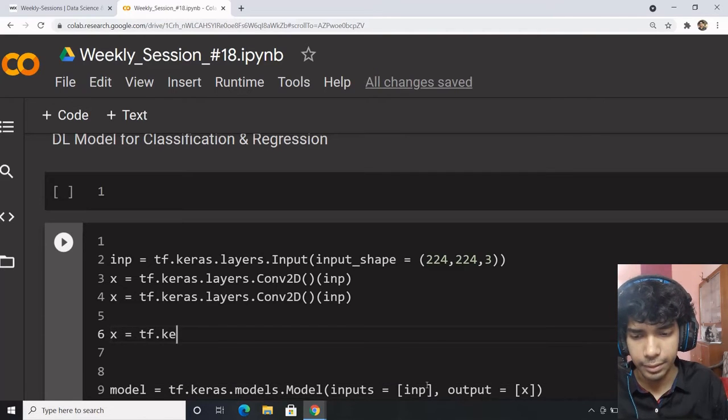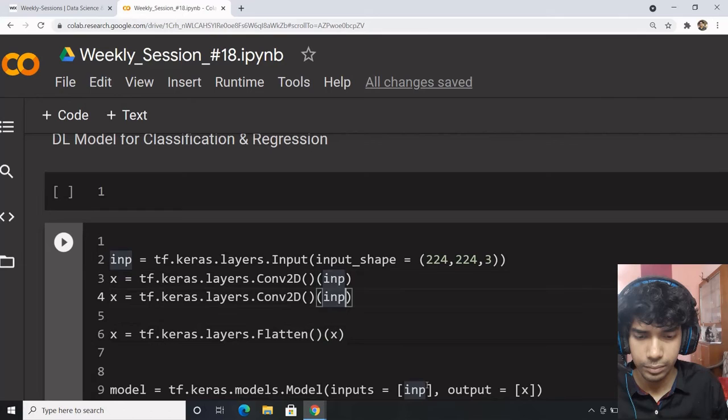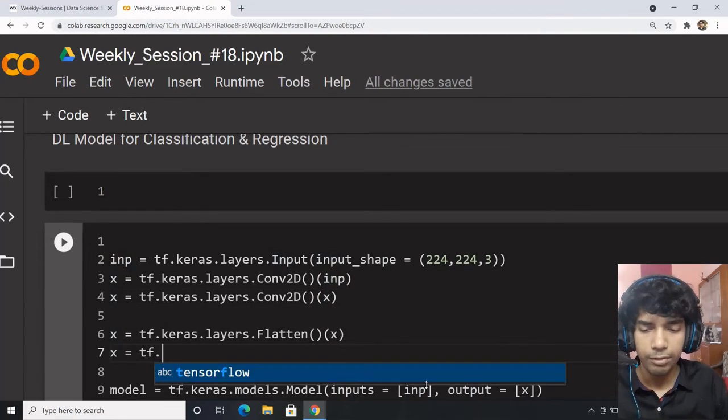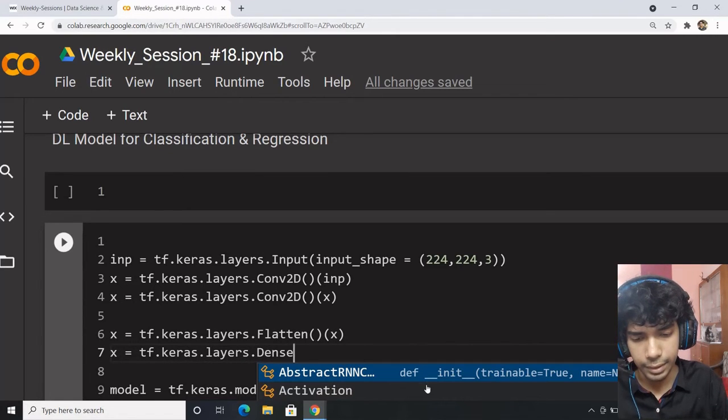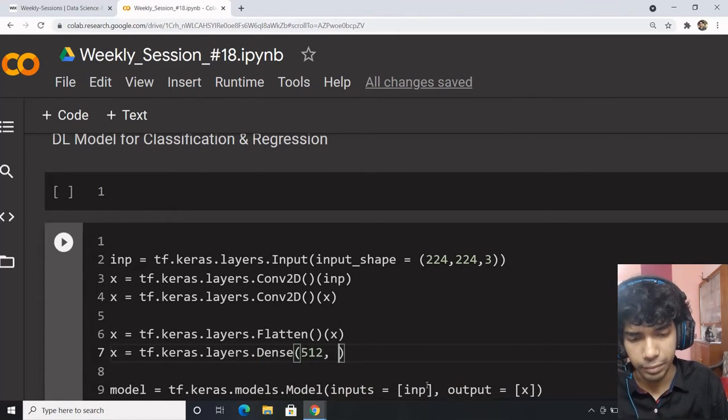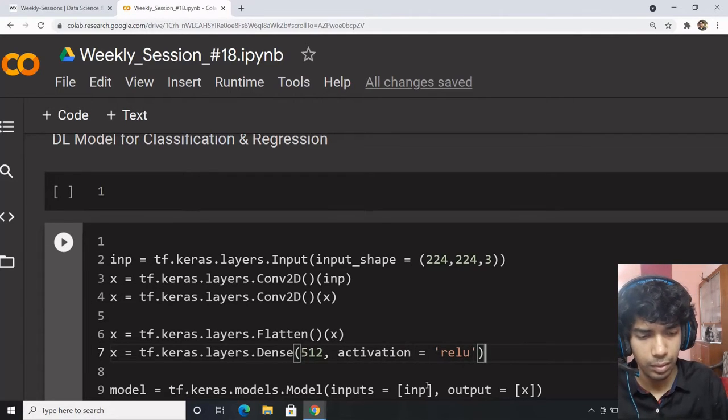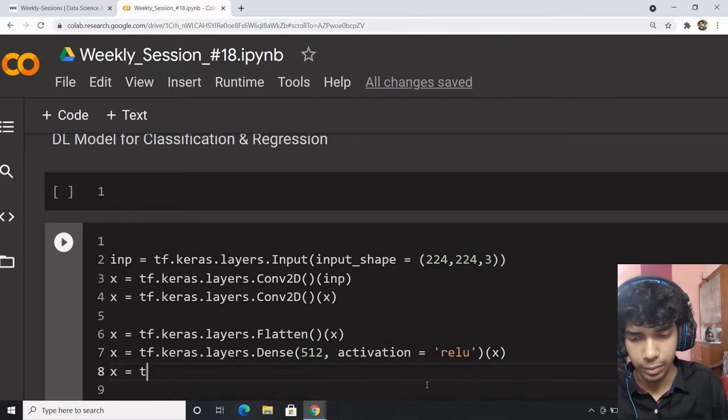Now let's flatten it. After flatten, I want a dense layer with 512 units, activation equal to relu, then dropout.